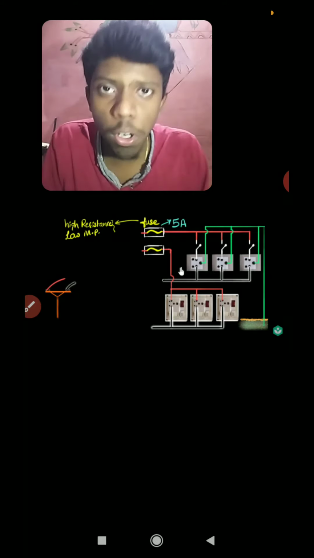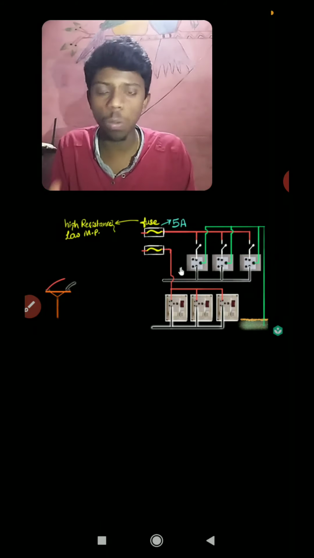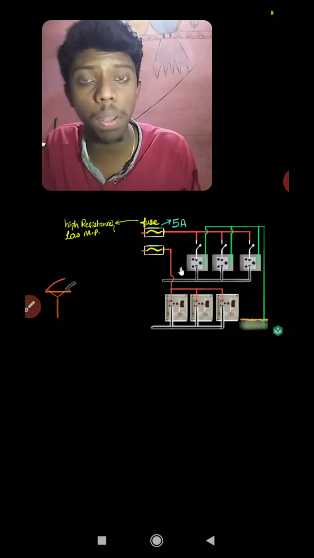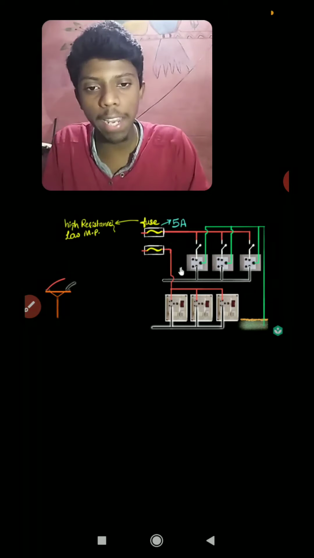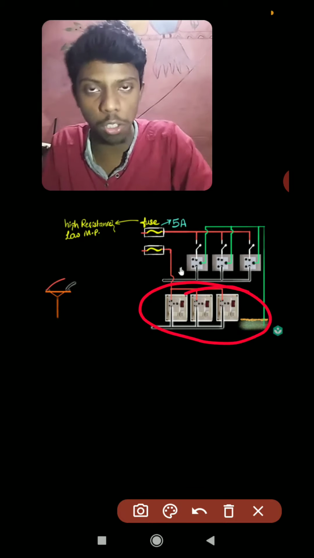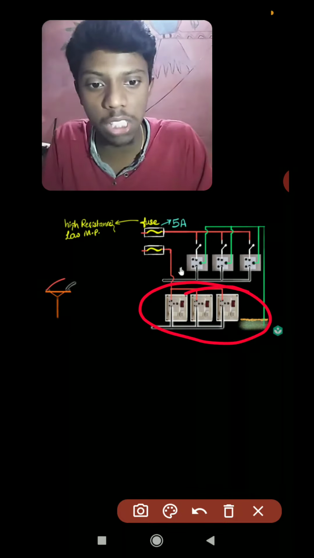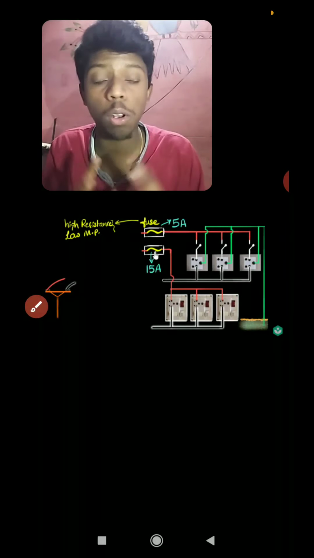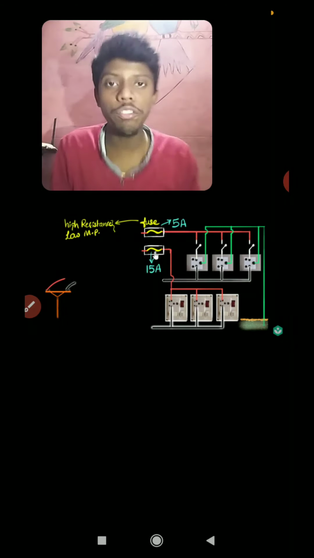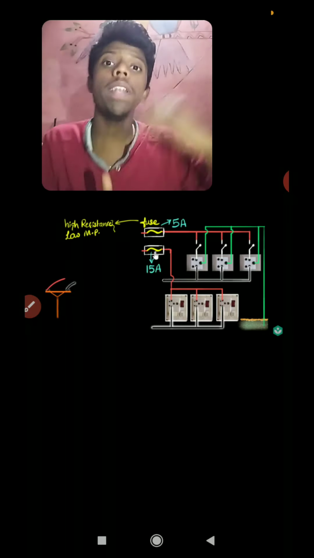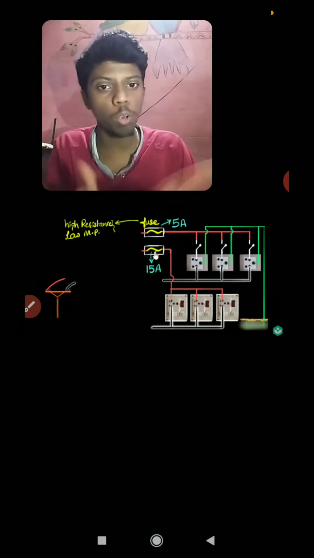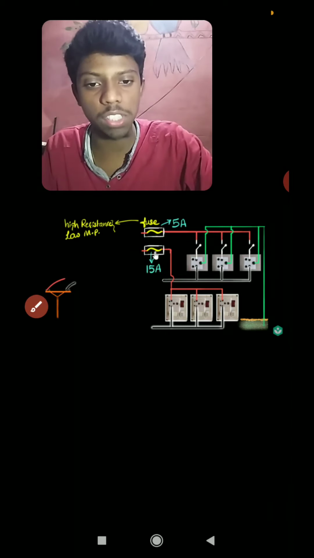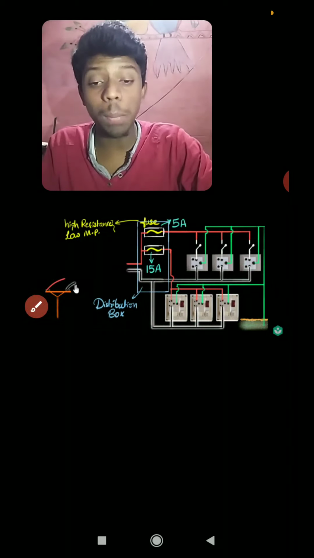Is only 5 ampere of current necessary for home appliances? No, because geysers will take more than 5 ampere, and even an air conditioner will take more than 5 ampere. In such cases, these electric switches with more holes in the socket are used. This socket can withstand up to 15 ampere of current. If it exceeds 15 ampere, of course the second fuse will start to break. So this is how the meter board works.